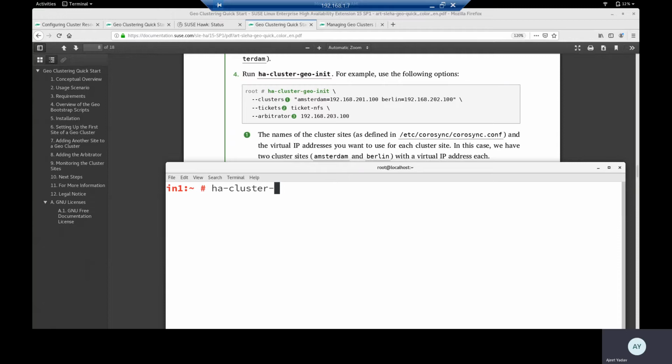So ha-cluster-geo-init, and then cluster.